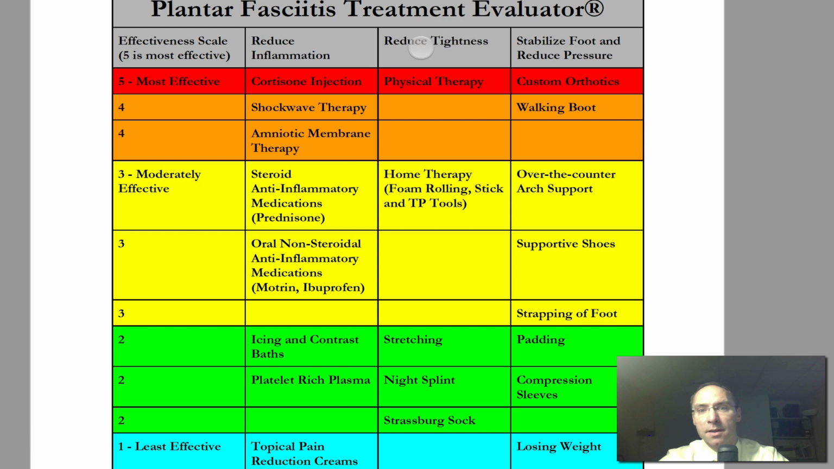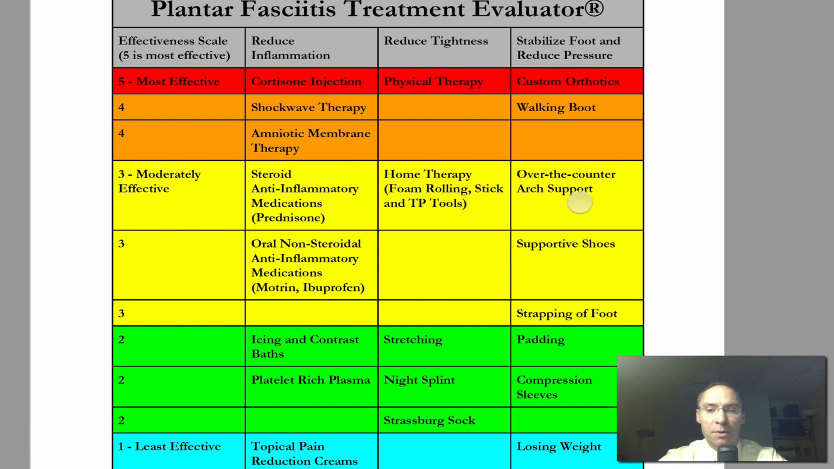The next focus is reducing tightness. I find a lot of people spend all this money online and buy a Strasbourg sock or a night splint. They try stretching. And a lot of that doesn't really work to reduce the tightness in both the bottom of the heel, but mostly in the back of the leg. I recommend focusing more on home therapy, foam rolling, stick, trigger point tools, and then physical therapy, the most effective. And as well,